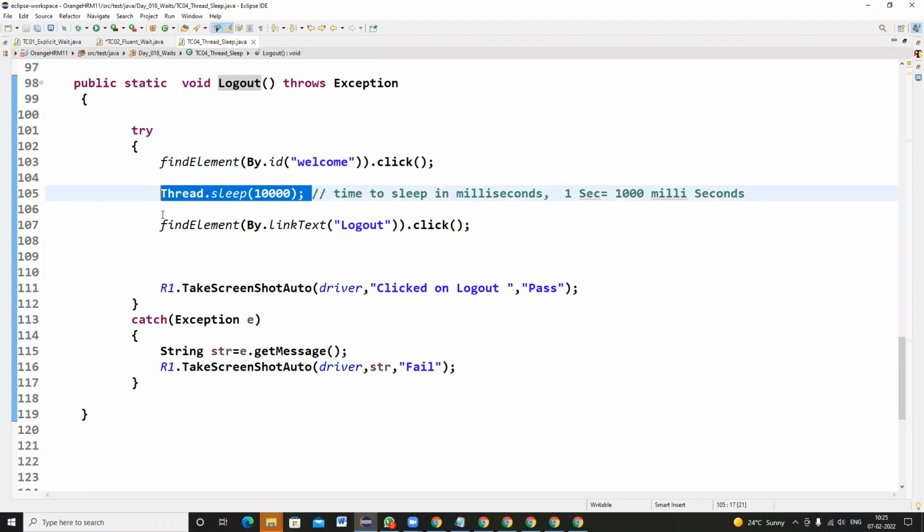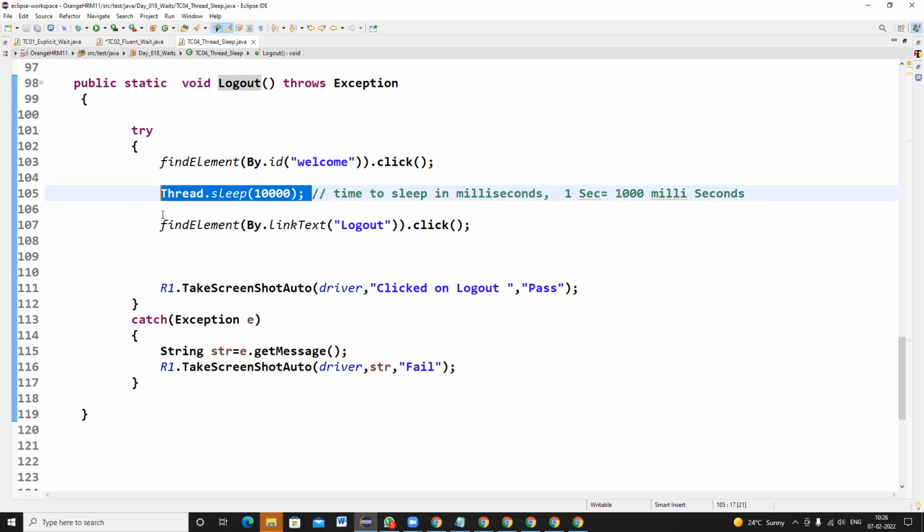But in the interviews, if they ask, to handle synchronization, have you used thread.sleep? You have to say no. You should not say yes. While writing a set of driver instructions, have you used thread.sleep? Someone may say, sir, this is the best way, an easy one line of code. Why do we have to write implicit, explicit, fluent? But I will tell you why it is not recommended.